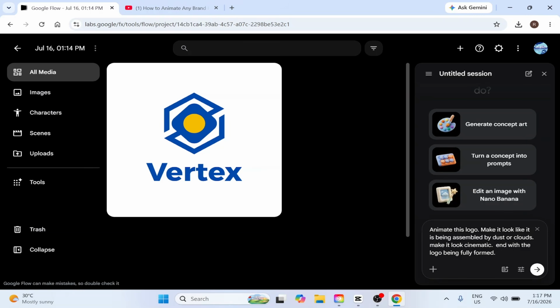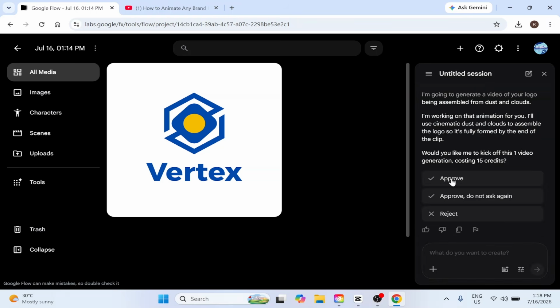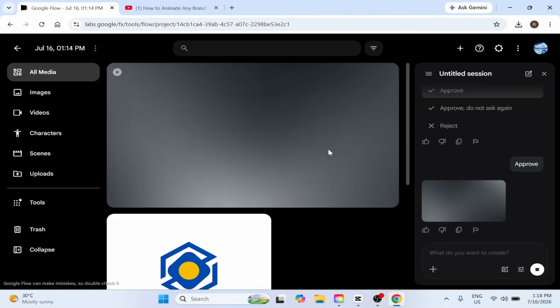Now I'm just going to type in animate this logo, make it look like it is being assembled by dust or clouds, make it look cinematic, and end with the logo being fully formed. Now you can go and type in your own prompt here and then just press send. Now you'll get this confirmation message, just press approve, and then you'll need to wait while it creates your animated